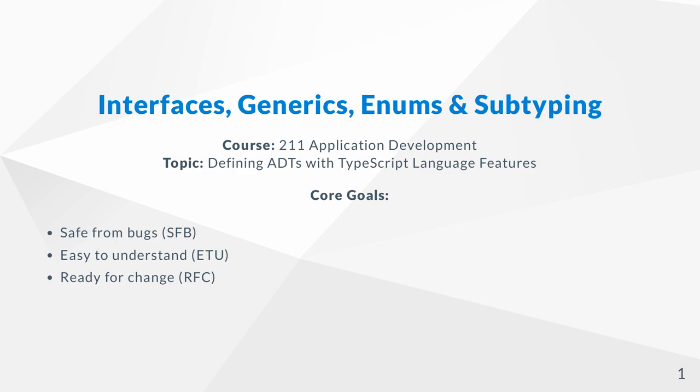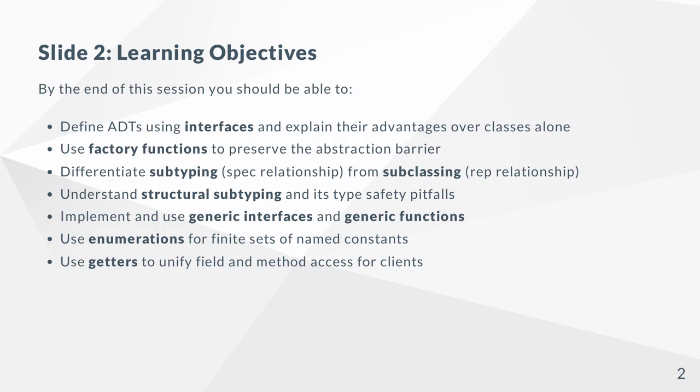In this lecture, we explore the TypeScript language features that let us implement abstract data types cleanly and precisely. We cover interfaces, factory functions, subtyping, generics, and enumerations. By the end of this session, you should be able to define ADTs using interfaces and explain their advantages over classes alone. You should understand factory functions, the Liskov substitution principle, structural subtyping and its pitfalls, generic interfaces, enumerations, and getters. These are the core tools for building software that is safe from bugs, easy to understand, and ready for